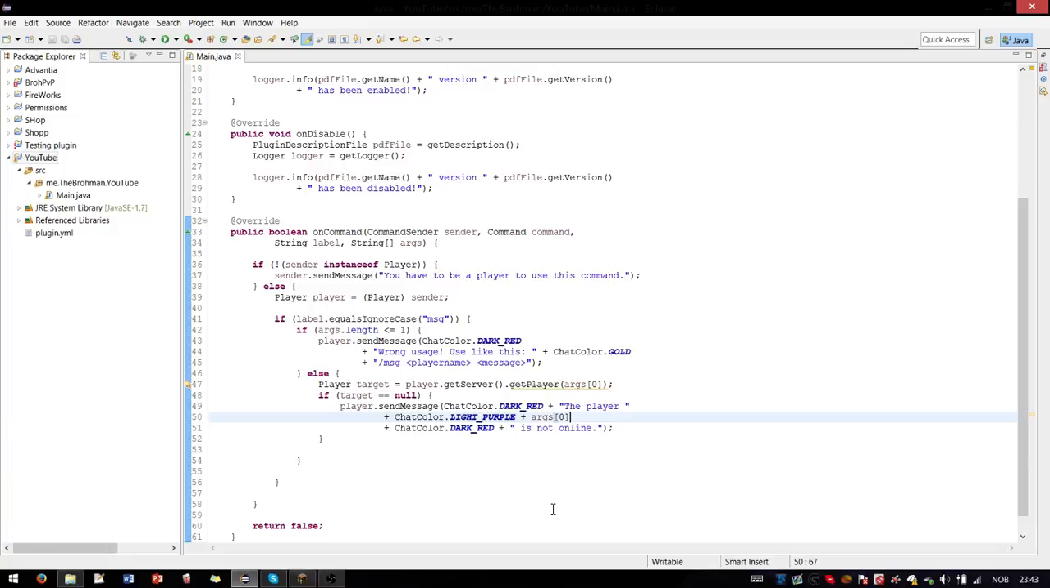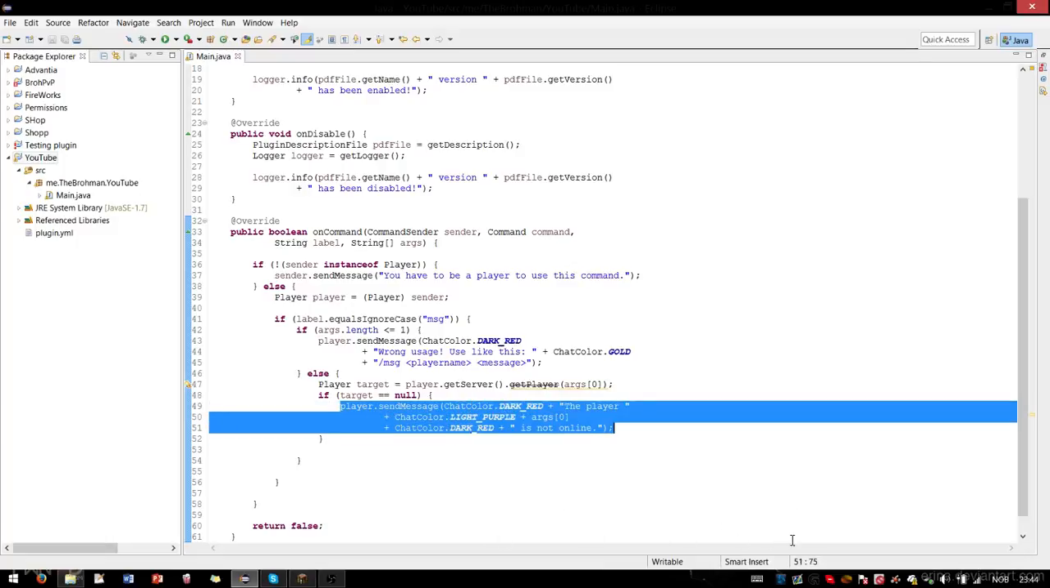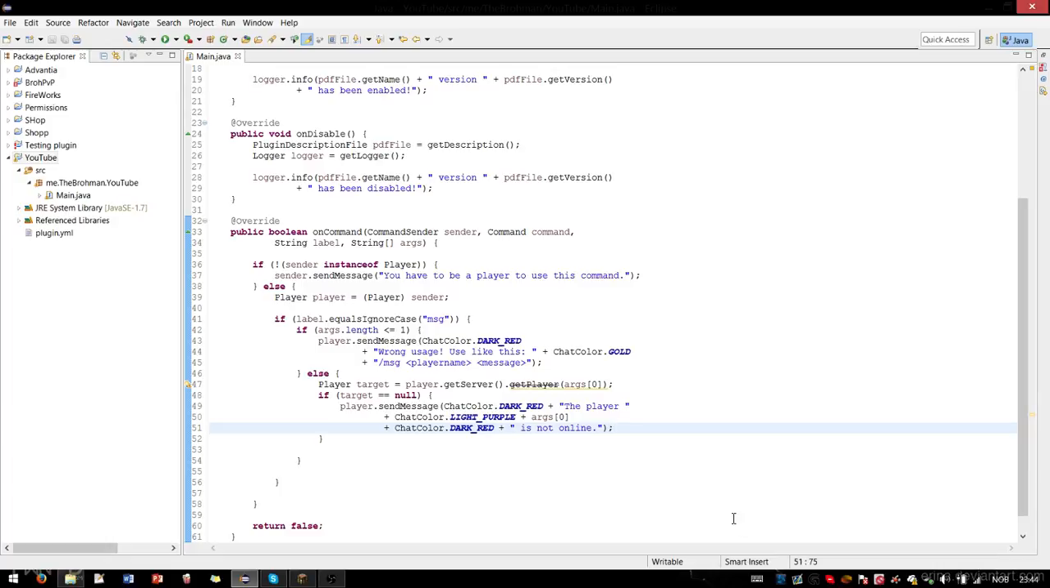So what this does is, if the player is null, so if it can't find a player that has the name that we said, then it will send our player, the one using the command, a message saying the player and then the name is not online. So this shows how args is used. But if the player is found, then it will